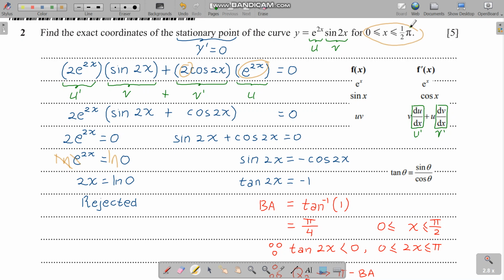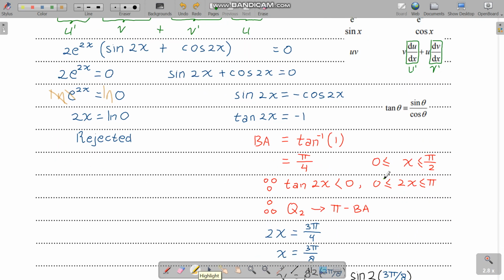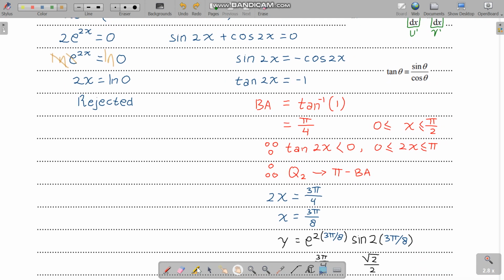And the domain is from 0 to pi over 2, but that's for x. The angle we are dealing with is 2x, so we multiply throughout by 2. 0 times 2, x times 2, pi over 2 times 2. So that means we use quadrant 1 and quadrant 2. Since the value of the tangent is something negative, that means we can only use quadrant 2, which means we use pi minus base angle. So 2x equals pi minus pi over 4, that's 3 pi over 4, which means the x is 3 pi